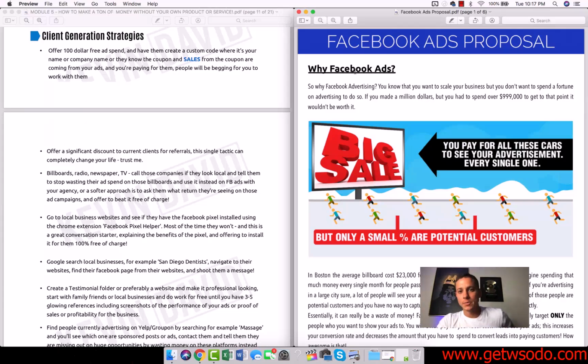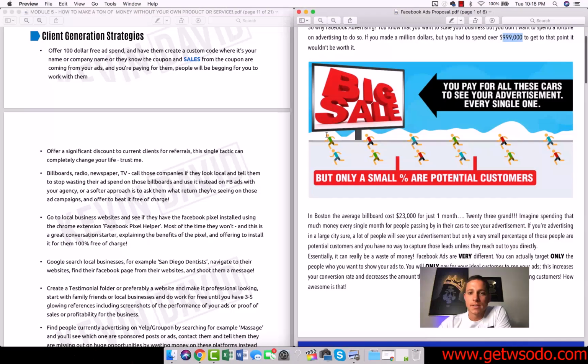So we start off, why Facebook ads? Why Facebook advertising? You want to scale your business, but you don't want to spend a fortune doing so. If you made $1 million but had to spend $999,000 on ads, it wouldn't be worth it, right? This is a good way to show how Facebook is so much more powerful than traditional advertising.